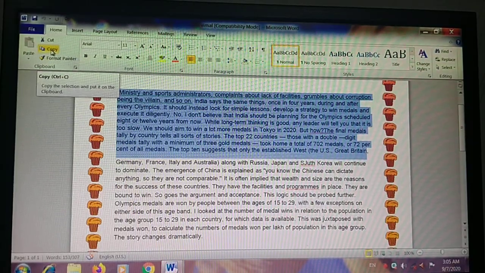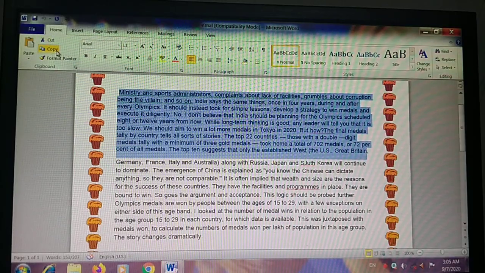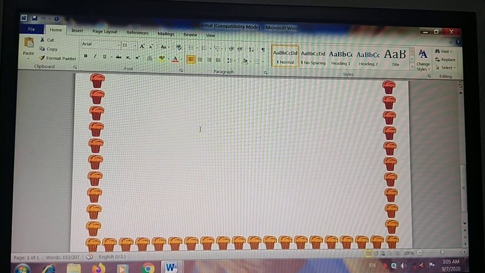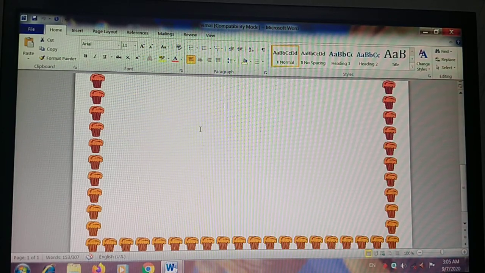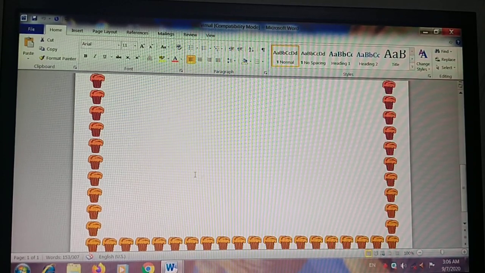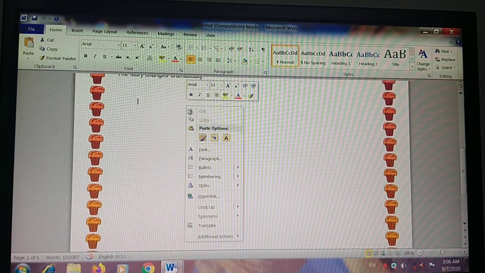Firstly, you have to select a paragraph. After that, click on copy and bring the cursor to the place where you want to paste the text. आपको जहां पे भी टेक्स्ट को पेस्ट करना है आप वहां पे कर्सर लाइए, राइट क्लिक करेंगे